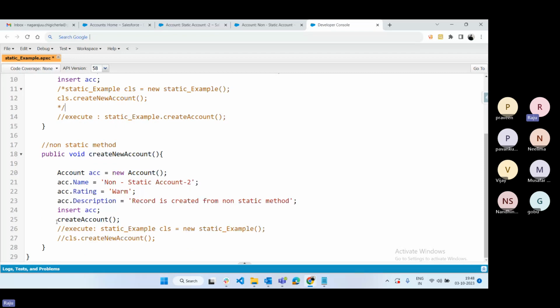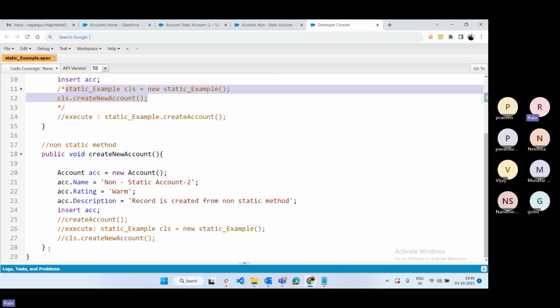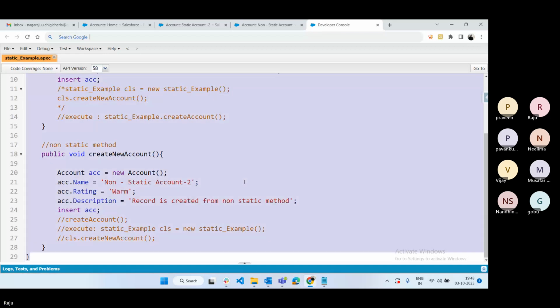Here also, for a single line we can do it like this. If you want to comment multiple lines, we can add /* and at the end of the lines you are commenting, close it like this. So we can comment multiple lines at a time as well. Or if you want to comment only a single line, then we can add double slash. So this is how we can call